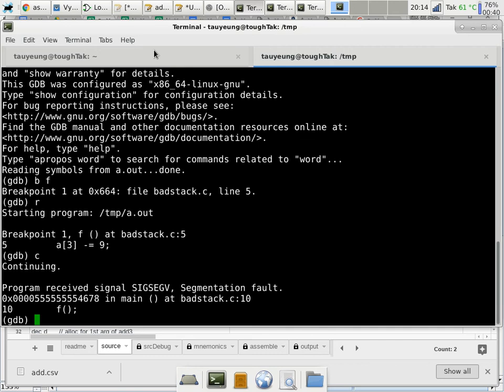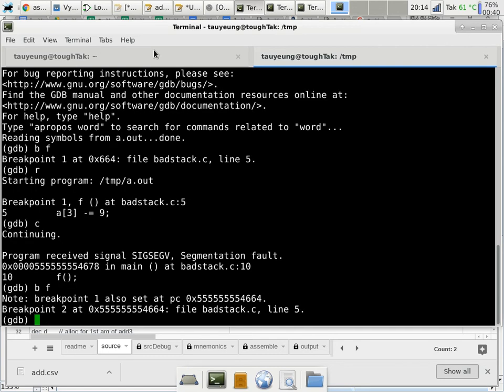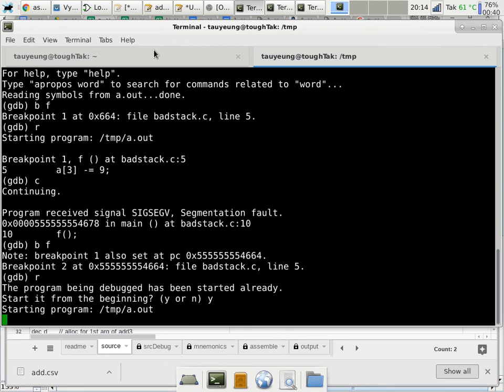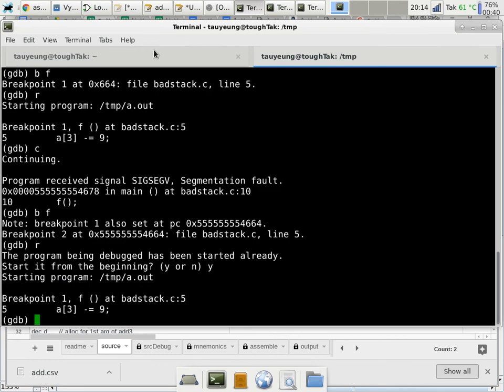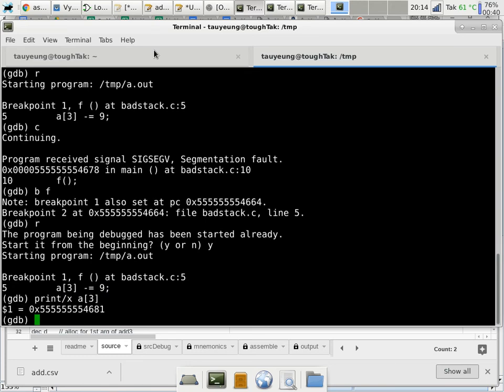That's okay. Okay, I got a way to fix this or mess around with this. We run the program one more time. Okay, now we're in here. So what we're going to do is we'll print /x again, A bracket 3, which we already kind of know what